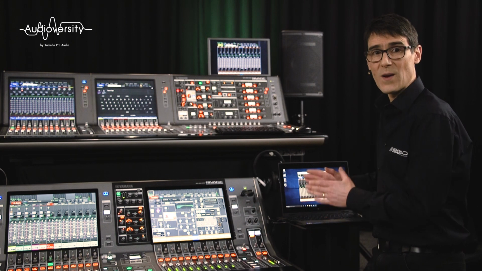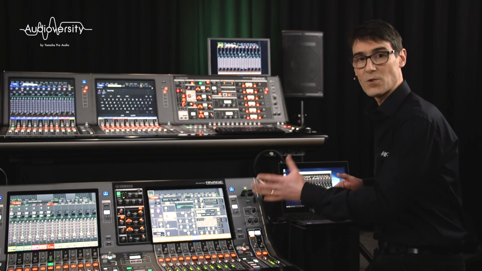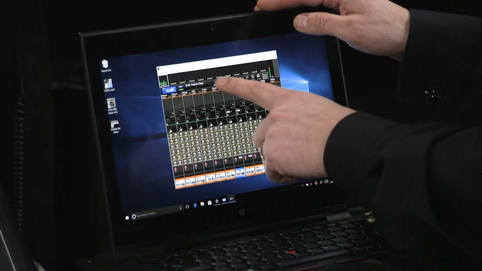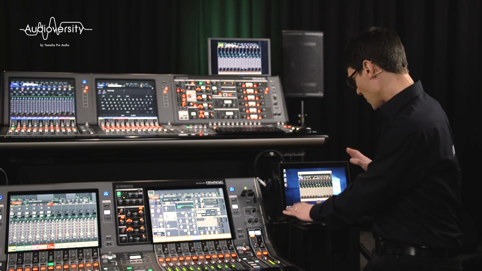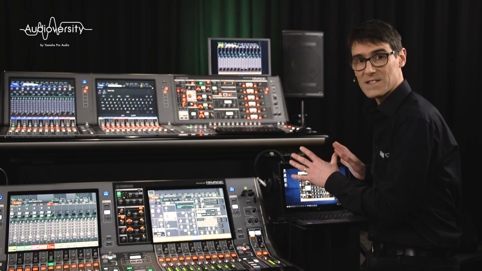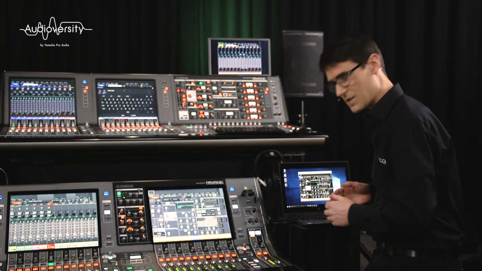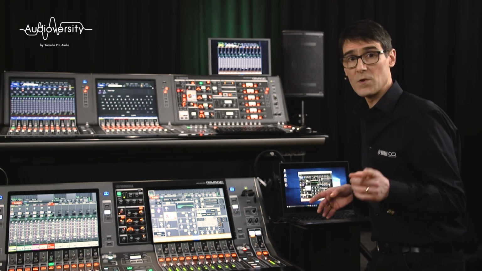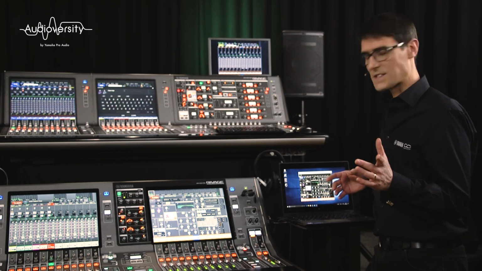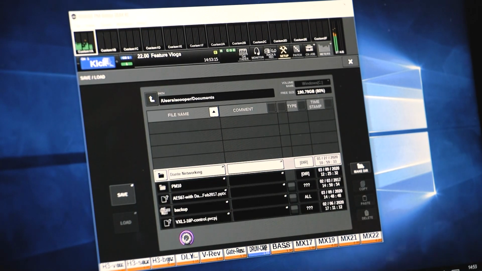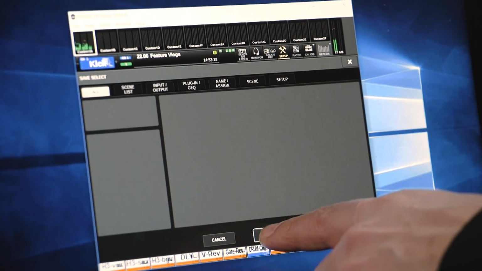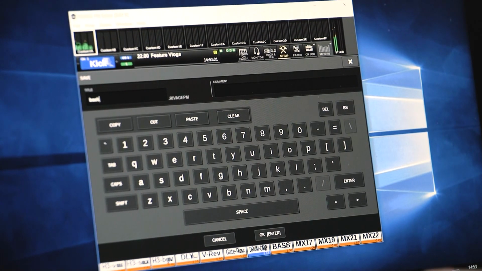Once you are online, you have the same graphical user interface as the console screens, and you have the same selection of parameters to view and adjust. It will allow additional engineers to assist during a busy setup and rehearsal times. And before you shut down, you can save all the settings to your computer's memory, open the setup menu, and then save/load. Very convenient.